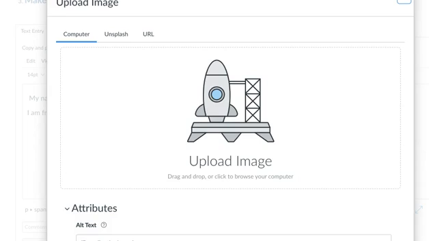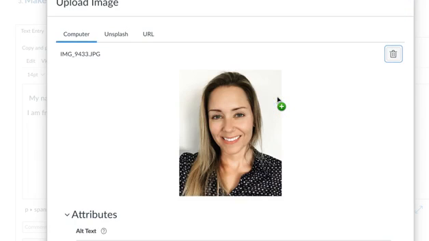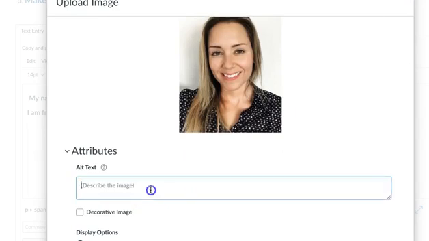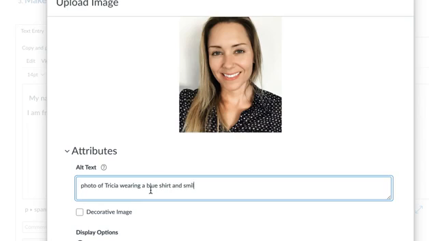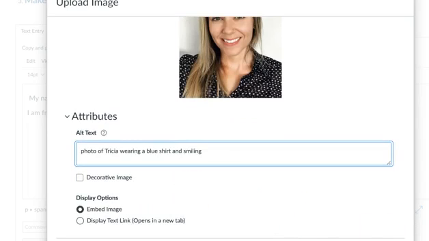So I'm going to drag and drop an image, and I'm going to describe the image. And then I will click Submit in the bottom right corner.